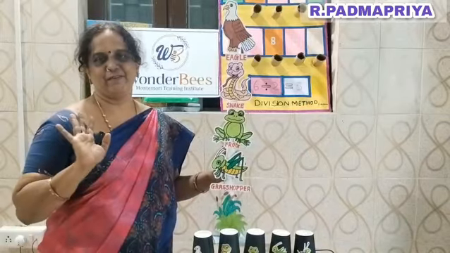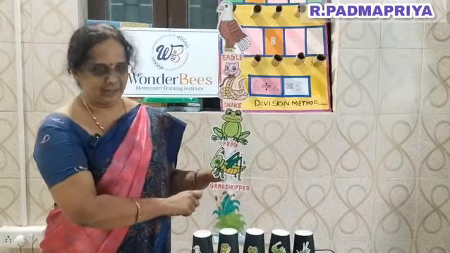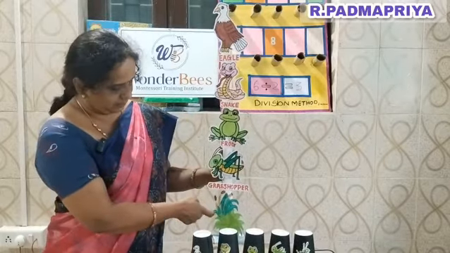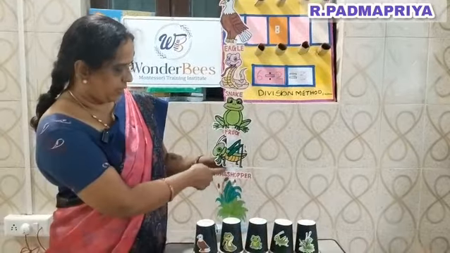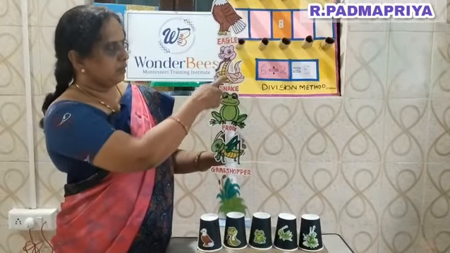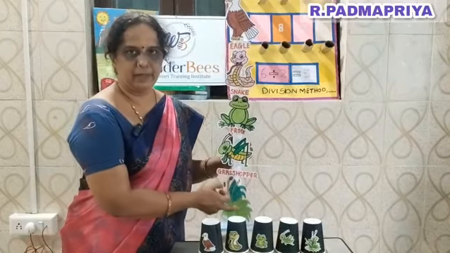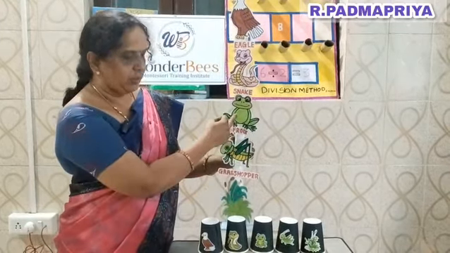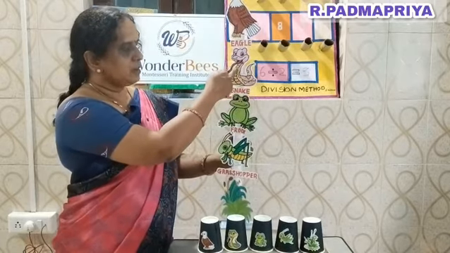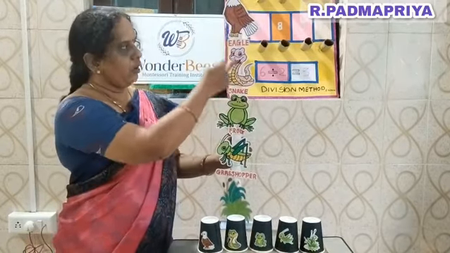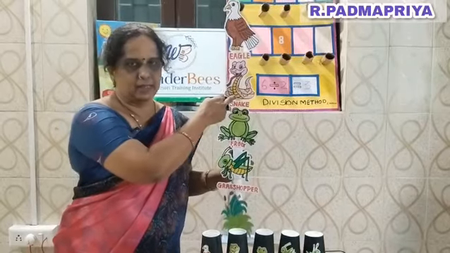Hi kids. We are going to see the food chain today. You know, these are the things in the food chain. We have the grass, we have the grasshopper, we have the frog, the snake and the eagle. We all know that the grasshopper eats grass, the frog will eat the grasshopper, the snake will eat the frog and the eagle finally eats the snake.